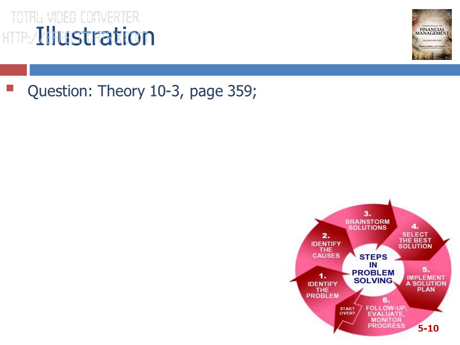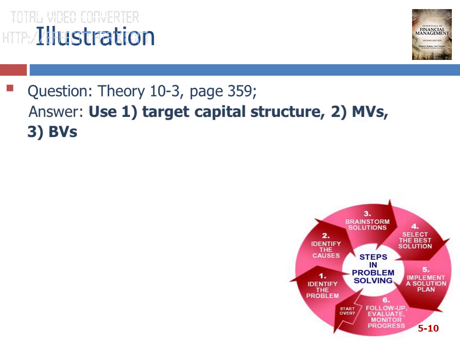Okay, done. So the question here is, how should the capital structure weights used to calculate the WACC be determined? We've discussed this in the previous slide. First, you determine if there's a given target capital structure. Next, you get the percentages using the market values, if given or can be determined. And lastly, you use the book values, the amounts in the books. Okay? Next one is problem 10-9, page 360.